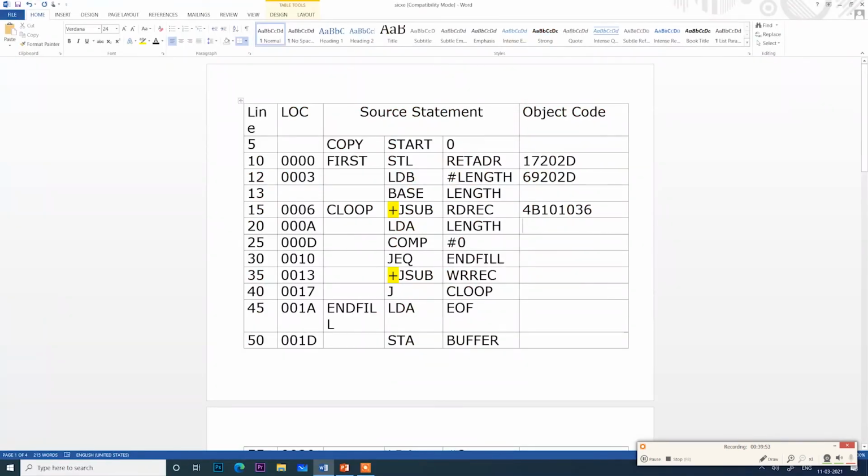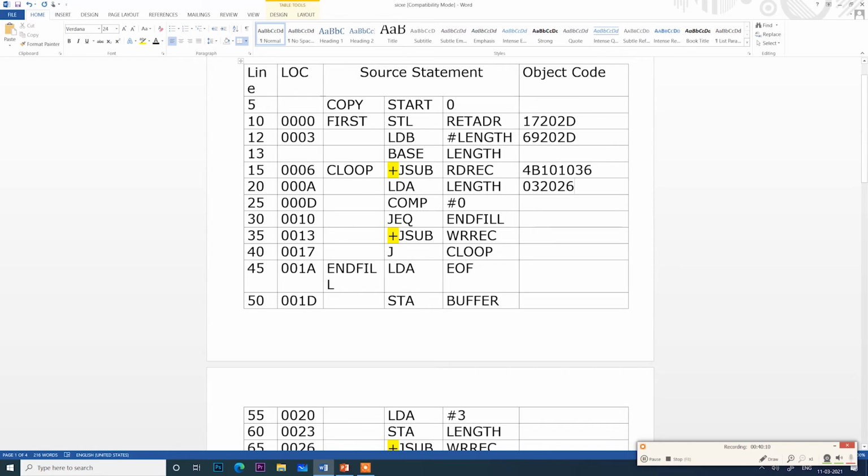Now I will convert this instruction into 0 3 2 0 2 6. So we will see one more instruction alone, that is compare 0. So the instruction is compare as 0. So what will I do?